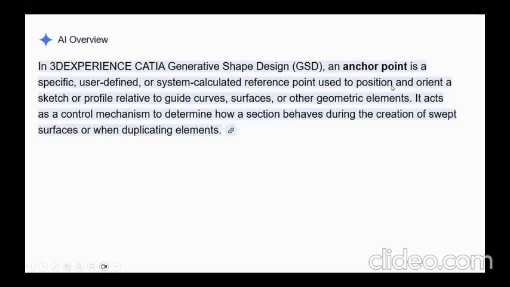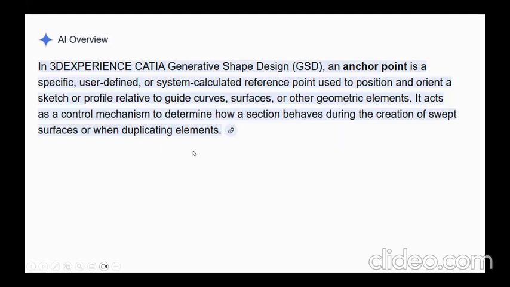Used to position and orient the sketch, the one that you want to sweep, sketch or profile, relative to the guide curve, surfaces, or other geometric entities. Okay, so basically it allows you to orient your sketch so that the sweeping is done in some manner. It acts as a control mechanism to determine how a section behaves during the creation of swept surfaces,